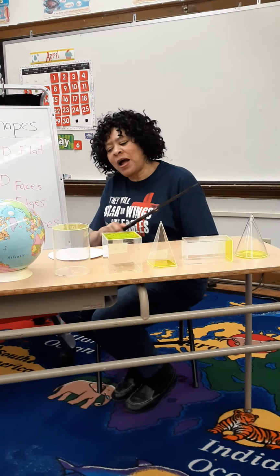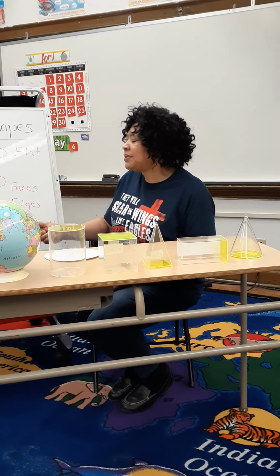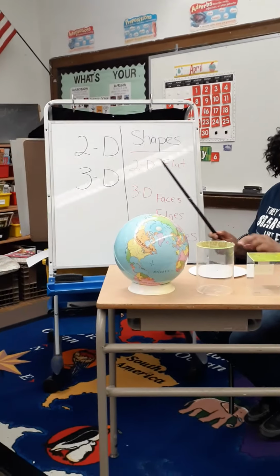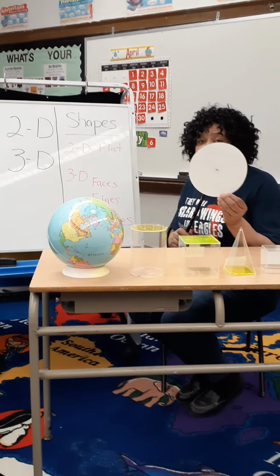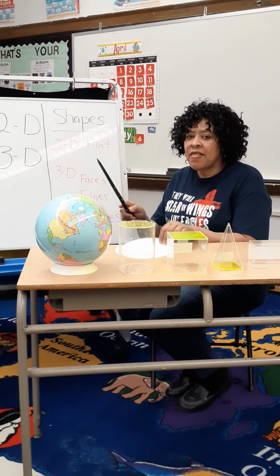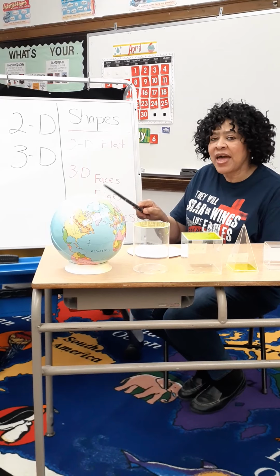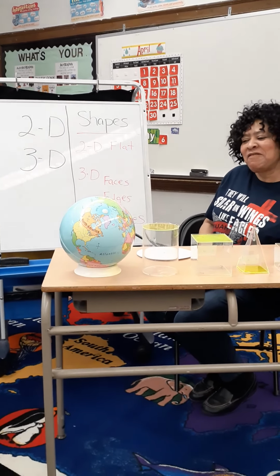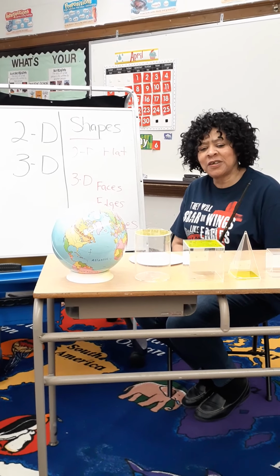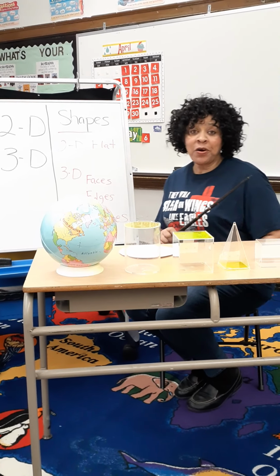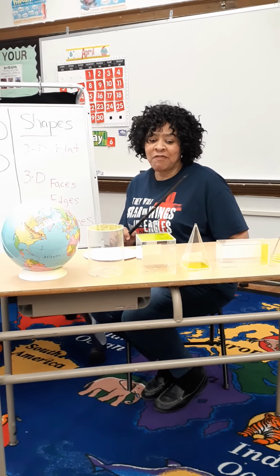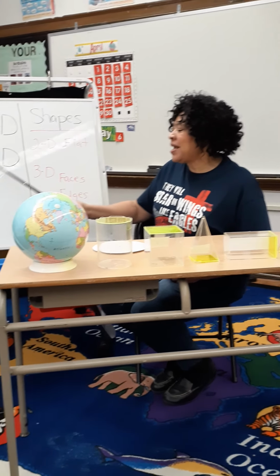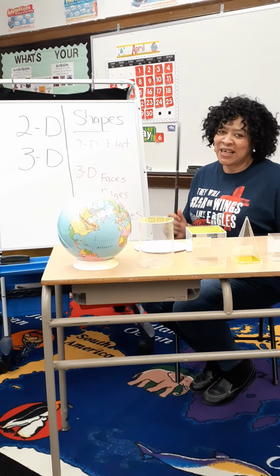I'd like you to look around your house. Find some three-dimensional shapes. Remember, two-dimensional shapes have a flat surface. Three-dimensional shapes will have attributes, faces, edges, vertices, or a curved surface. Look in your classroom folder for a paper on three-dimensional shapes, and if you have any questions, hit your teacher